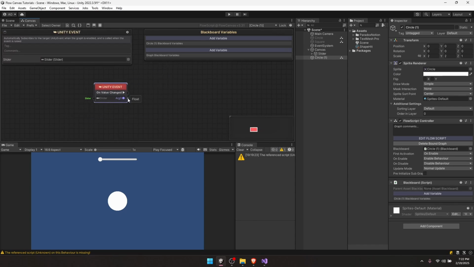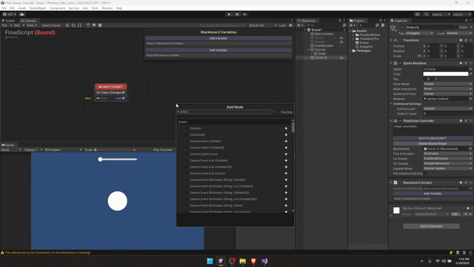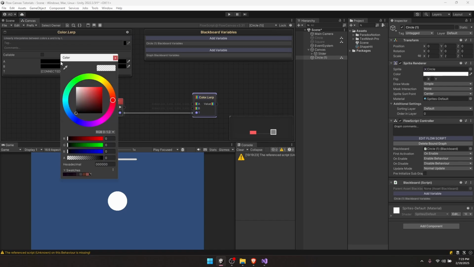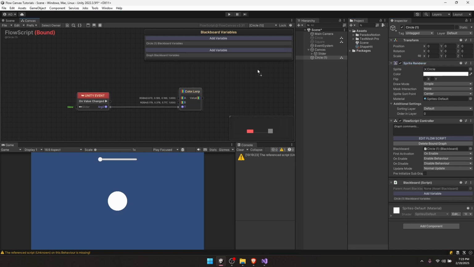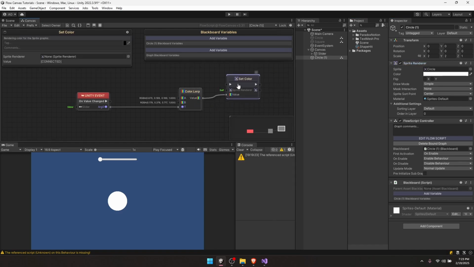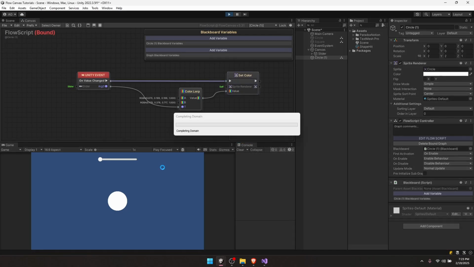Okay, and that's going to give us out a float. And so what I want to do is I want to lerp. So color lerp. And that's going to be our delta in there. And we can lerp between, let's say, red and blue. And we need to assign it. So let's grab our sprite renderer, set color, pass that new color in there. There we go. And now when we play,